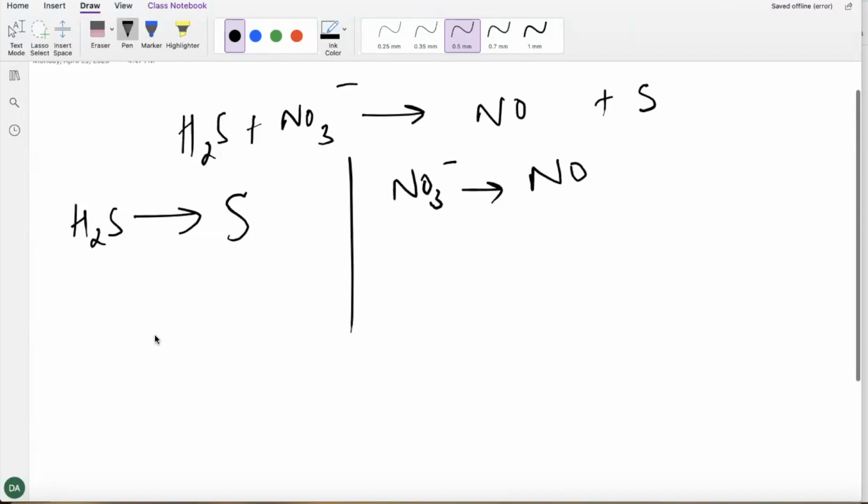Balance, right. Shoot, I forget. We're supposed to do oxygen, right? There's no oxygen, but we do have hydrogen. So it's non-oxygen hydrogen first, then oxygen, and then hydrogen. And we use H plus to balance it. To balance hydrogen, we add H plus. So here we have two hydrogens, and on this side we should add